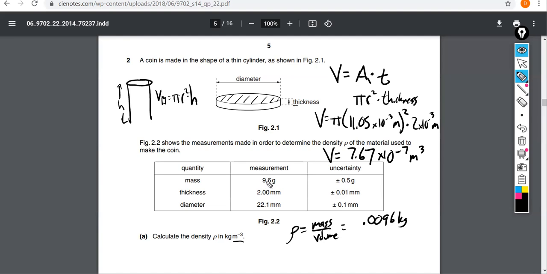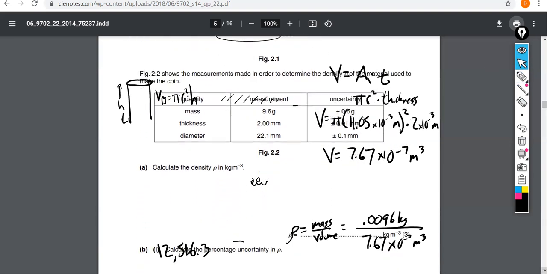So if I have 9.6 grams, move the decimal point over 1, 2, 3 places: 0.0096 kilograms, divided by 7.67 times 10 to the negative 7 meters cubed. So I get a density of 12,516.3, but I imagine we'll have to clean up the precision to which we're reporting that